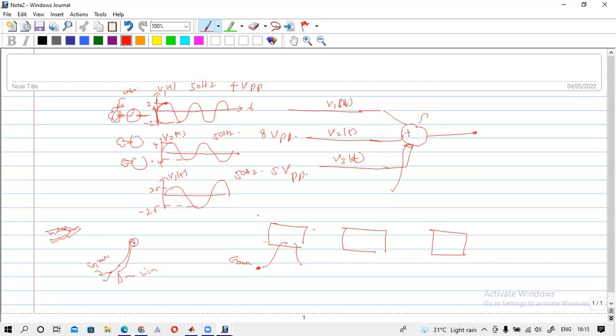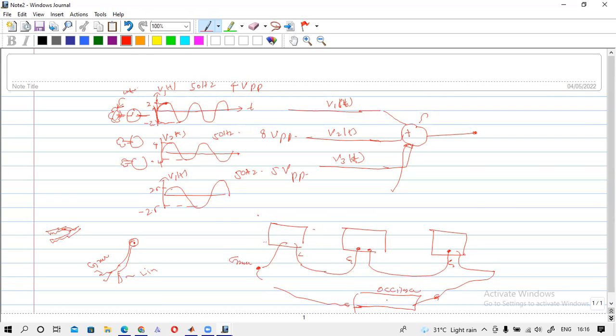You take this line and connect it to the second generator's ground. Then this second generator's line you connect to the third generator's ground, and you get the output. So if you connect the oscilloscope between these two terminals,